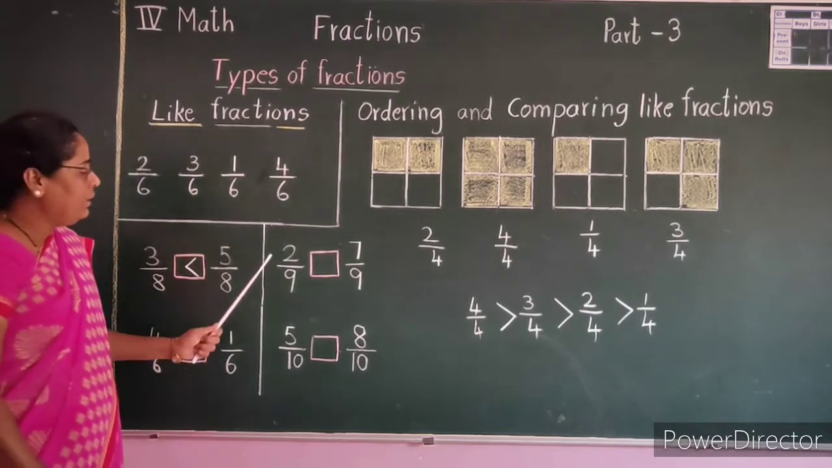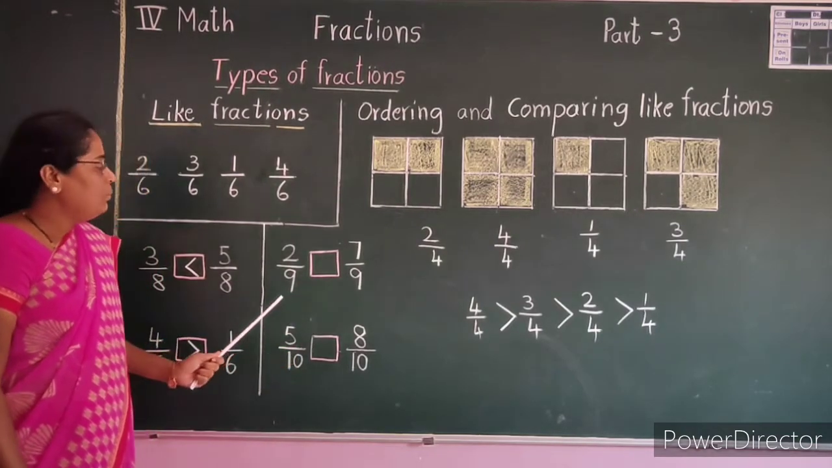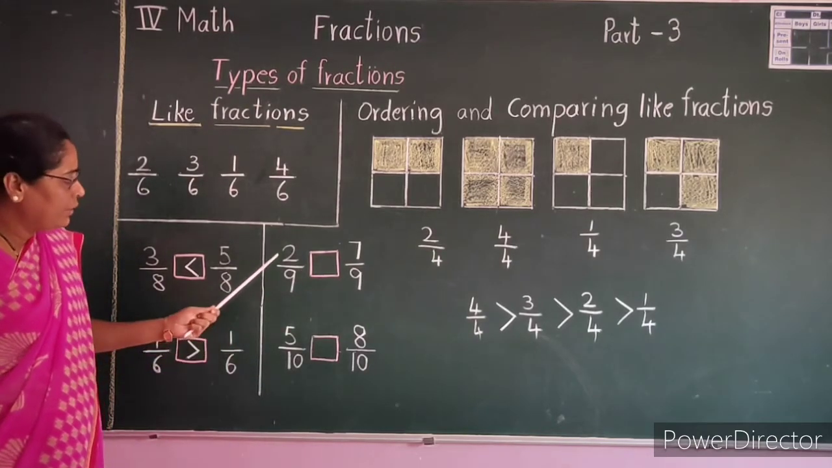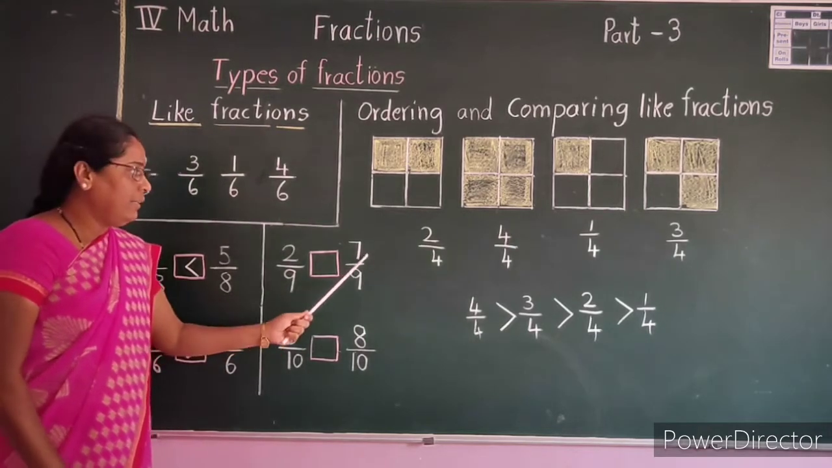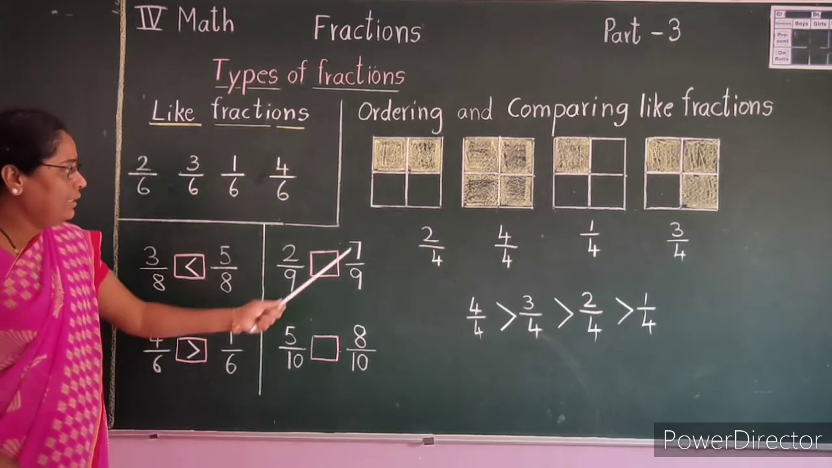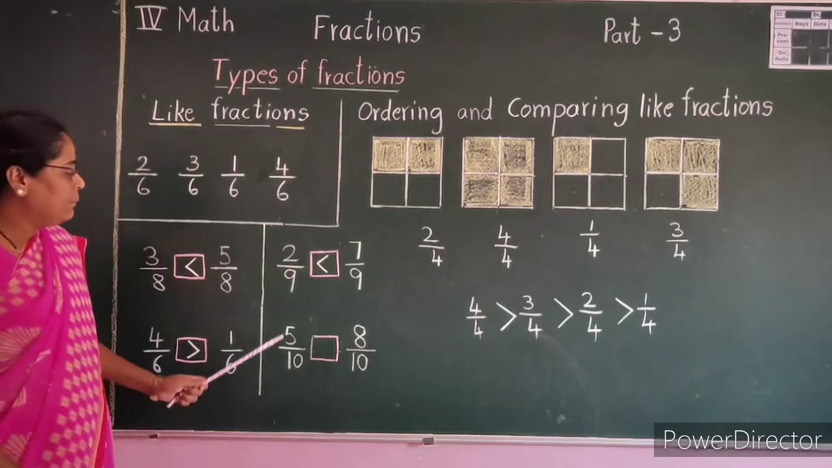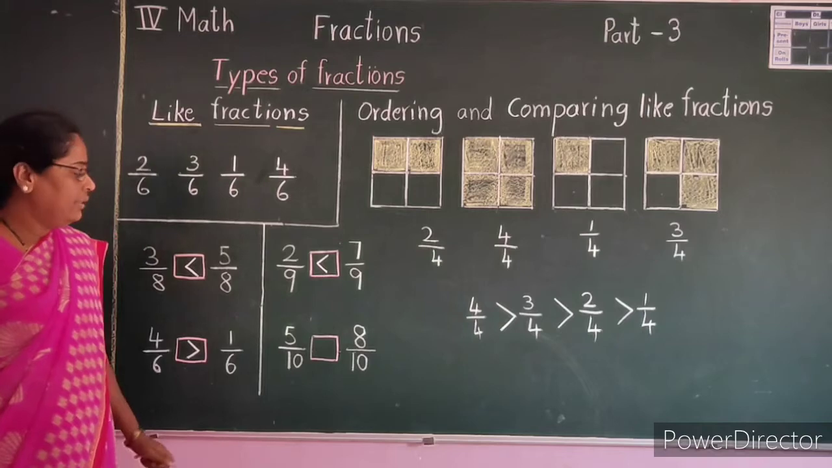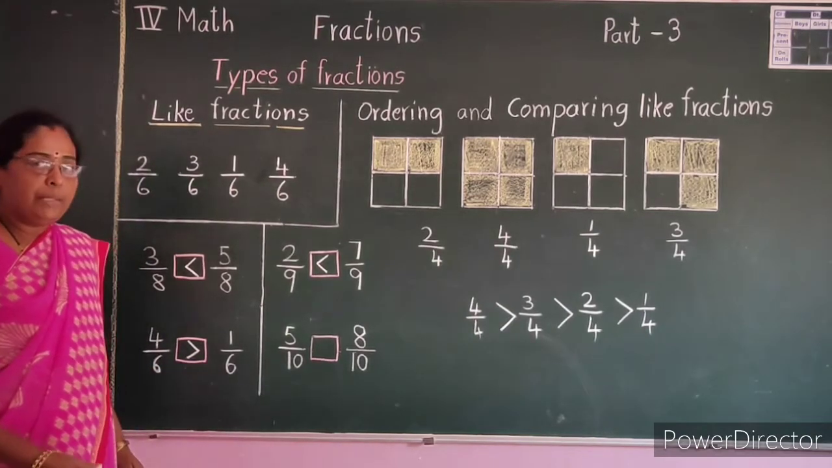See one more example. 2 by 9, 7 by 9. Both denominators are the same. Compare the numerators. 2 and 7. 2 is smaller than 7. So, 2 by 9 is smaller than 7 by 9. One more example. 5 by 10 and 8 by 10. Here also the denominators are the same. Compare the